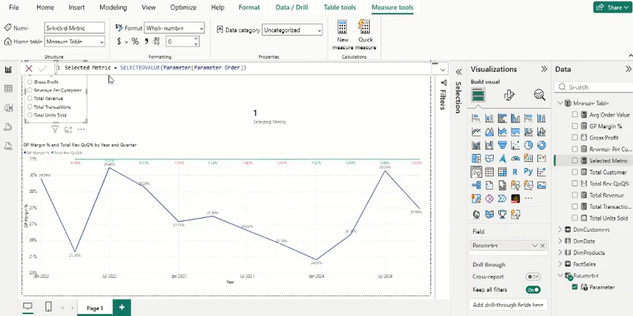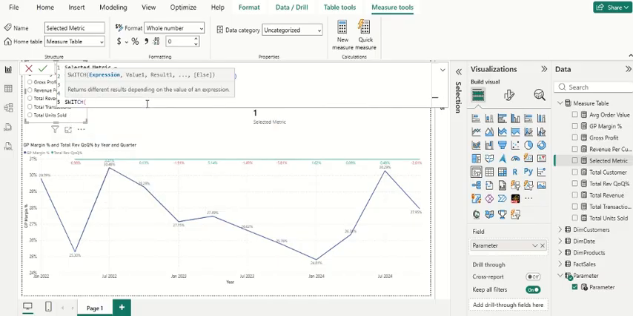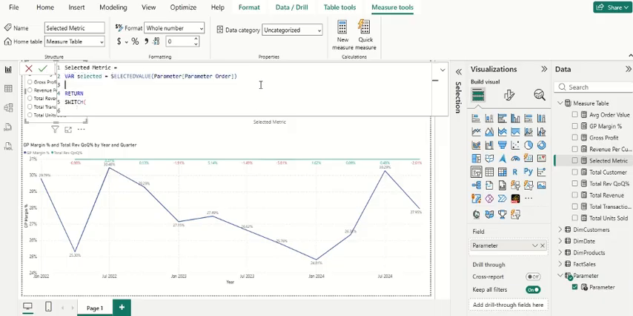Now from this order, I'm going to generate my selected metric. So I want to store this in a variable. I'll call this selected. So I'm going to return, I will use a switch statement. Okay, if I'm selecting 0, it should be average order value. If I'm selecting 1, it should be